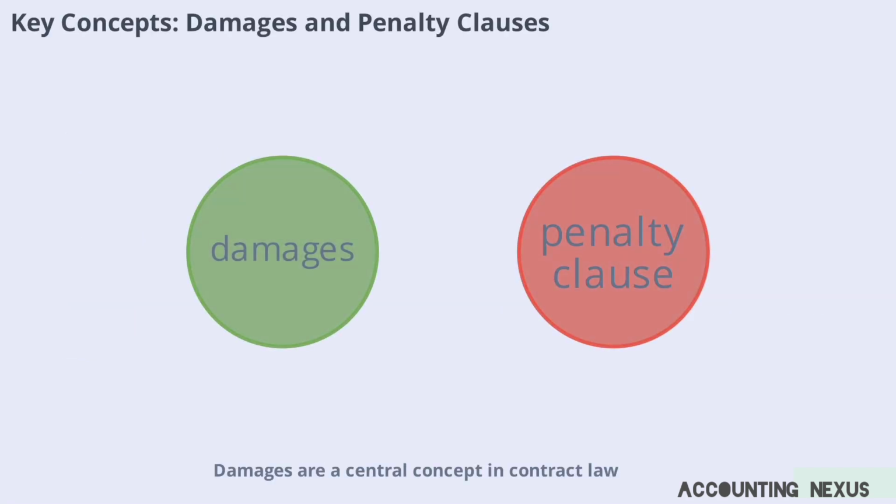Damages are a central concept in contract law. They are meant to put the harmed party in the financial position they would have been in if the contract had been properly performed. There's a difference between contractual damages, which arise from a breach, and delictual damages, which result from wrongful acts outside of a contract. Penalty clauses, meanwhile, are pre-agreed terms in a contract that specify what must be paid if a breach occurs, making it easier to prove losses. However, a harmed party cannot claim both damages and a penalty for the same breach. Understanding these distinctions helps parties know what to expect and how to structure their contracts for better protection.